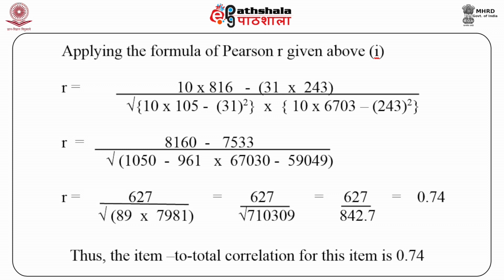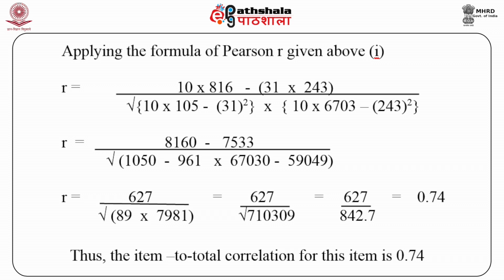Therefore, r equals 8160 minus 7533, the whole divided by the square root of [1050 minus 961] multiplied by [67030 minus 59049]. Therefore, r equals 627 divided by the square root of 89 multiplied by 7981,